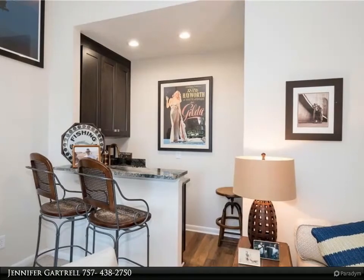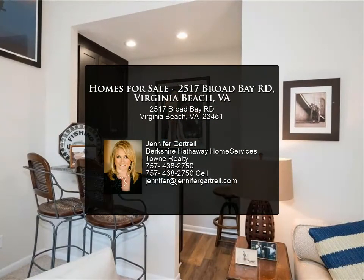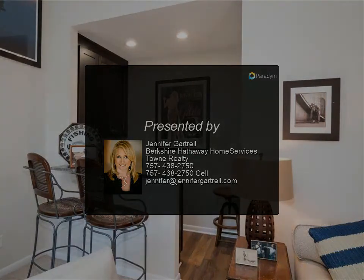Entertain on the oversized deck with pool. Boat dock with 12,000 pound lift and jet ski lift within minutes to open waters of Broad Bay. Multi-car drive and